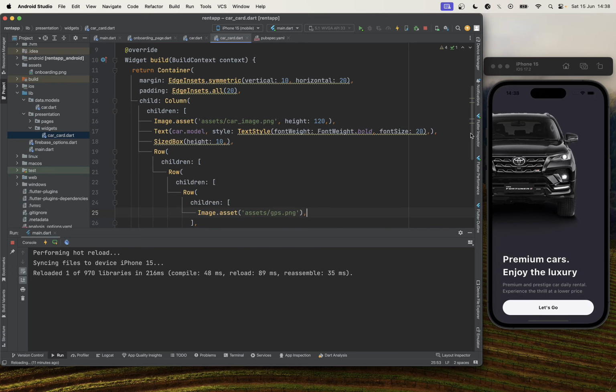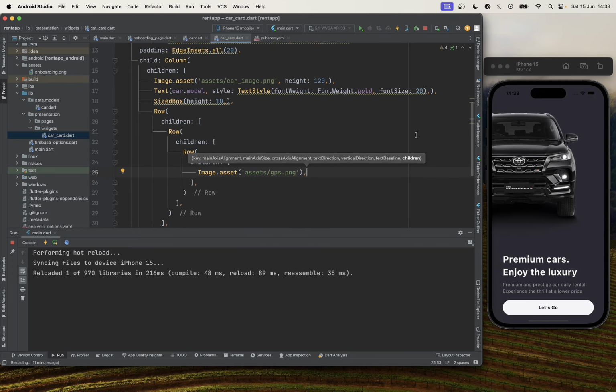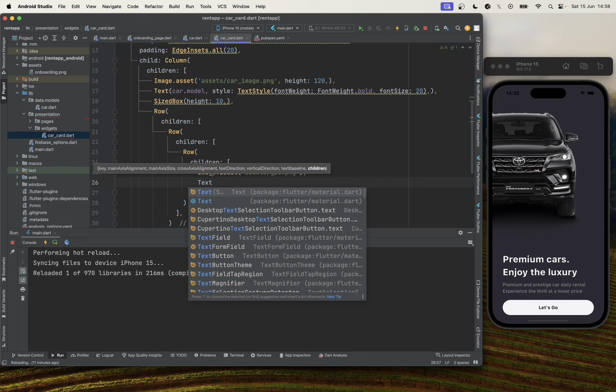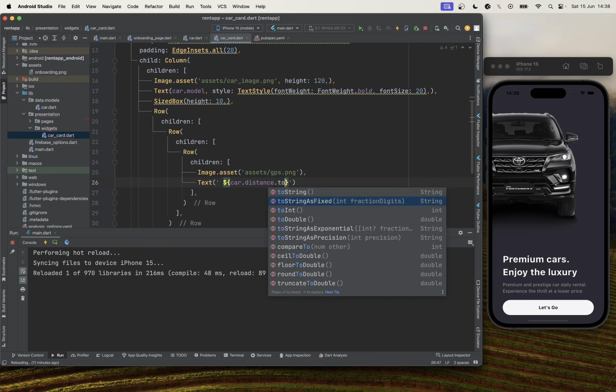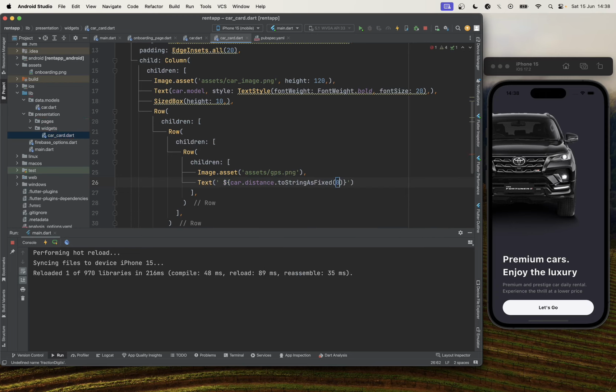So we are going to have an image related to each piece of information. So for example, for GPS, we are going to have car dot distance, for example, and show the kilometers. And same, for example, if we want to have